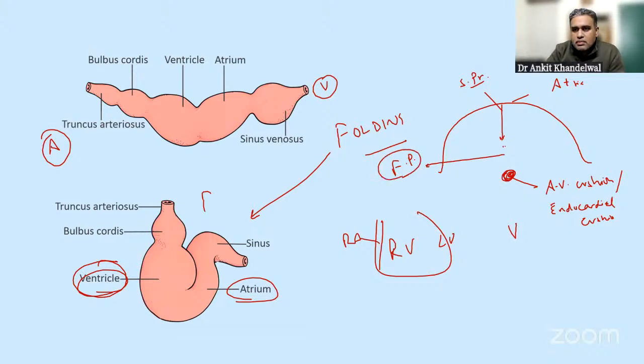Now septum primum comes down and fuses with the AV cushion. But if this happens, then all the oxygenated blood has nowhere to go. It will all come into the RV, and from RV it will go into the lungs. The aorta is not developed, and a small ductus arteriosus can't divert the entire blood into the aorta. So now what happens is, as soon as the septum primum goes down and fuses with the AV cushion, simultaneously, at the same time, the small